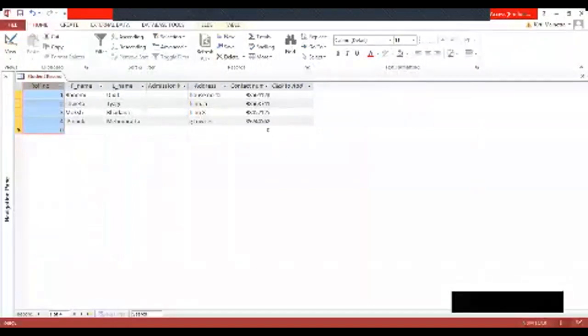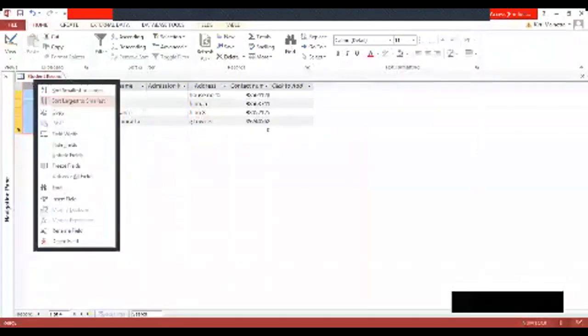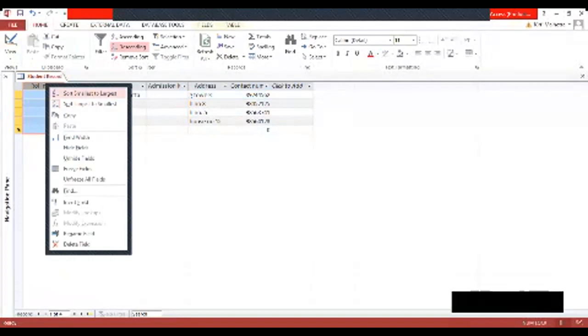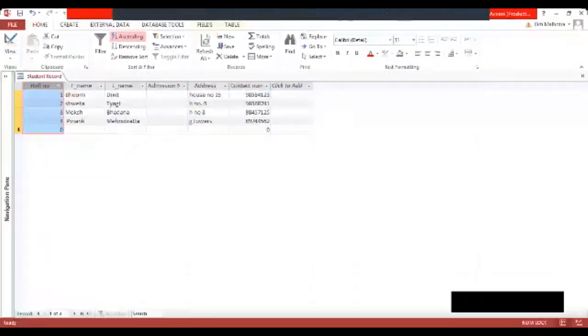Suppose I want largest to smallest. Sort largest to smallest. So what I'll do, see. Now 4, 3, 2, 1 comes here like this. The whole data is sorted according to decreasing order. Instead of 1, 2, 3, 4, it is coming like 4, 3, 2, 1. Again, I wanted to sort it in increasing order, from smallest to largest. I will right click on this field name and click on smallest to largest. Now it came as it was earlier. Is it understood? Yes, ma'am.